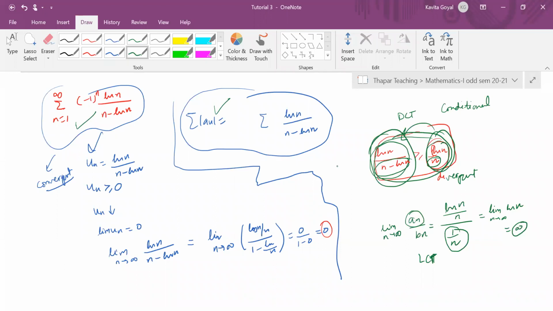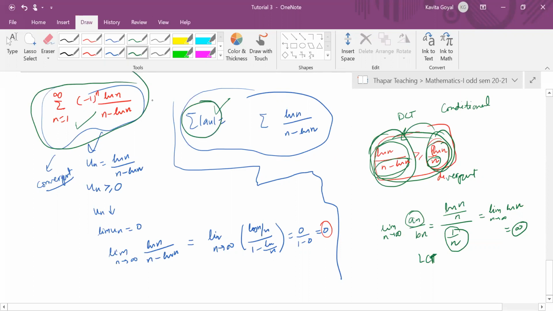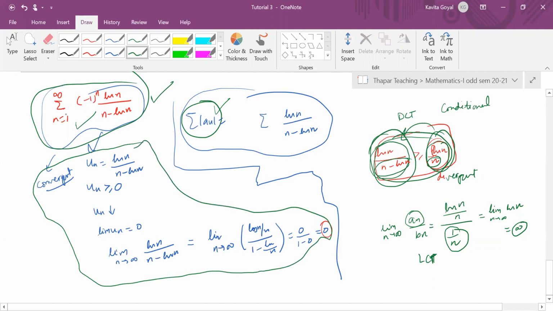That is why I'm saying the series itself is convergent, but the mod is divergent. That is why it is a conditionally convergent series. For the series itself, you apply the Leibniz test, which tells you that the series itself is convergent. Now you take the mod, and DCT tells you that the modulus series is divergent. So the original series is said to be conditionally convergent. Is that okay? Anybody else having doubts?